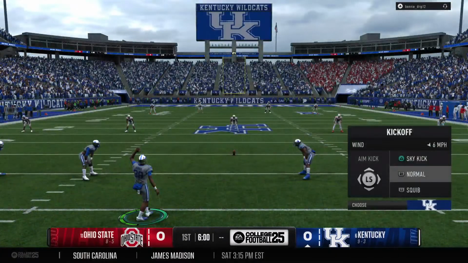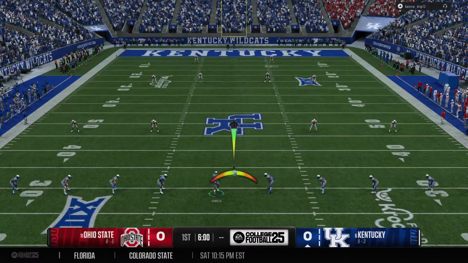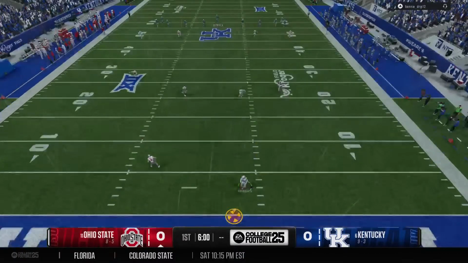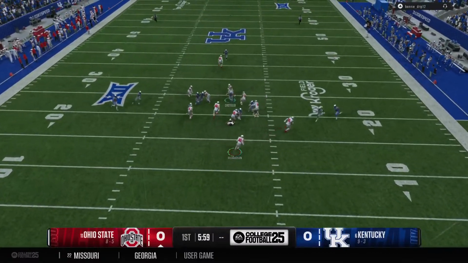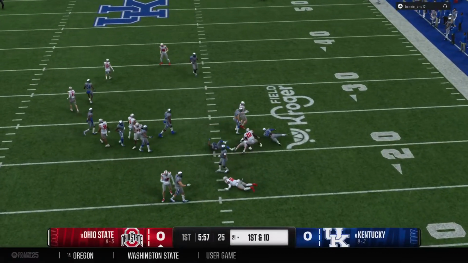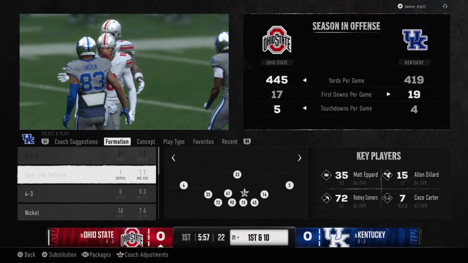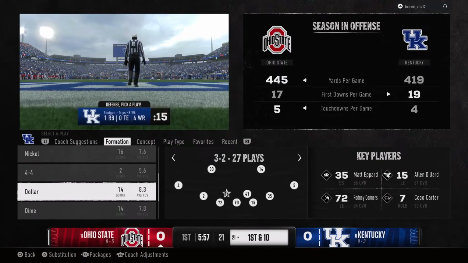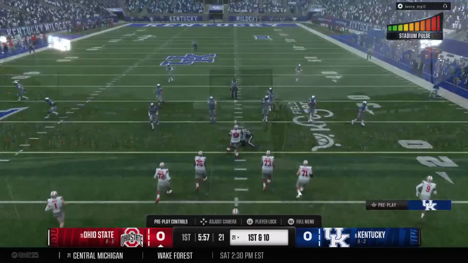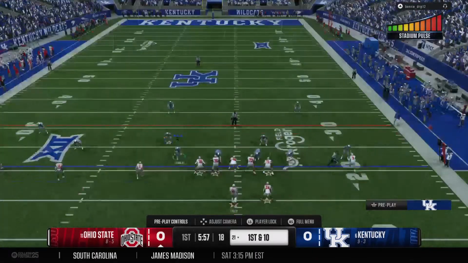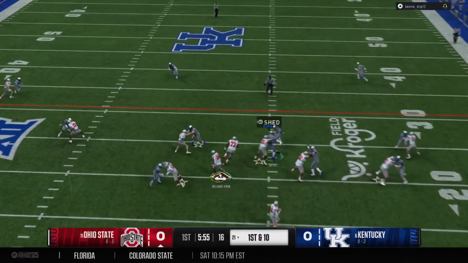The kickoff team is out there, and here we go. The college football playoff about to get underway. Return starts from inside the 5. He's tackled at the 21. That's where the drive will start. It's early, but this crowd is fired up. Listen to this noise here. This is going to be tough for the visitors today.